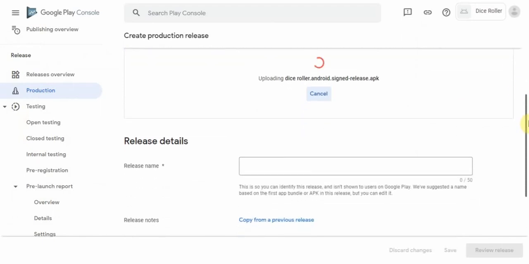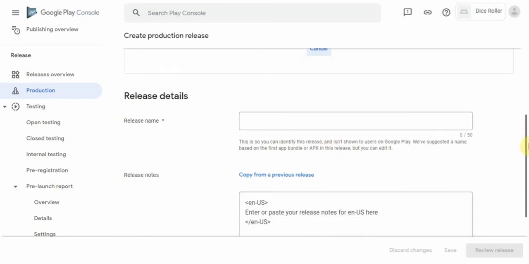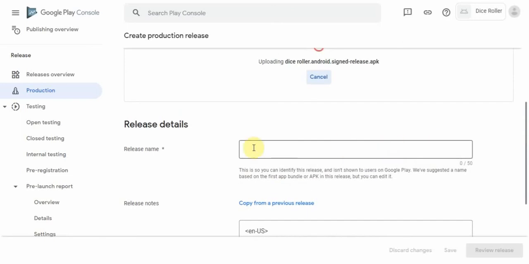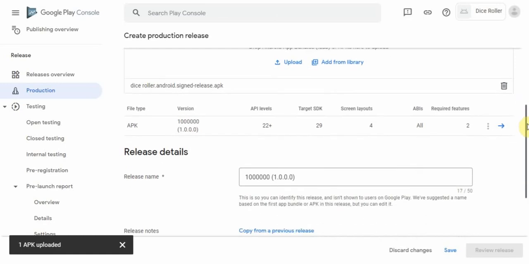Just scroll down a little. So this will actually automatically update. Oh no, will it? Yeah, it will. It'll be 1.00, so it's version 1.0, the first one. It's quite a small app at about 3 megabytes, I think, so it shouldn't take too long to load up. There you go. So all this is filled in automatically,